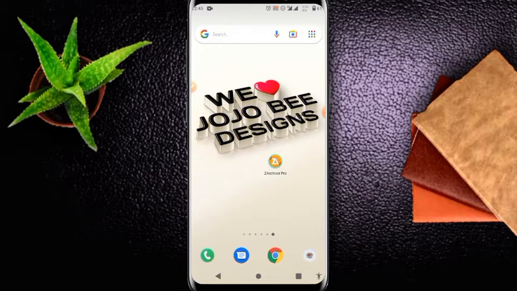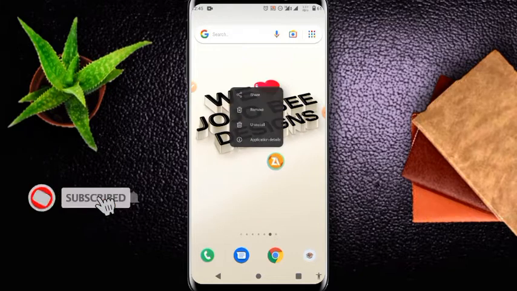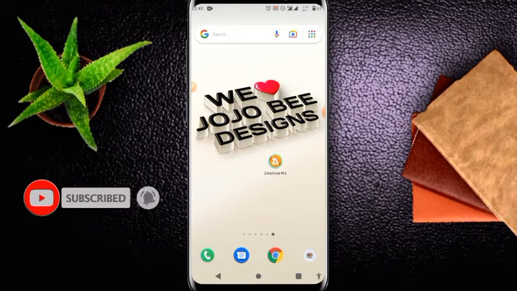Before we start the video, what you have to download before you download your font is your ZArchiver app. You can easily get that from Google Play Store, but the link will still be in the description below. So after successfully downloading your ZArchiver, you go to your Google